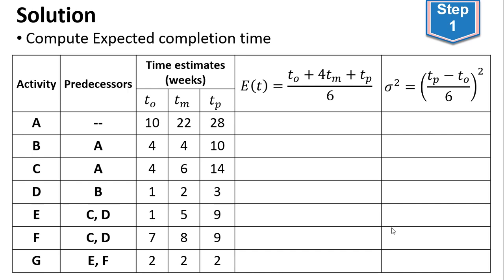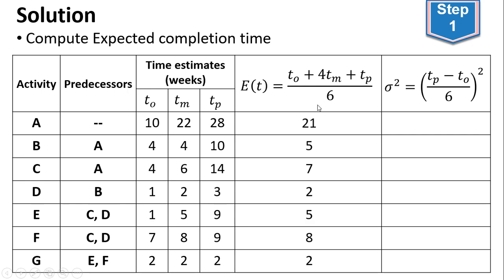After drawing the network diagram, we will need the variance column. So the variance column will be used after having the network diagram. So let's start. We are going to compute the expected time for completion of each activity. The expected time is the optimistic time plus 4 times the most likely time plus the pessimistic time, divided by 6. You take this information and feed it into your formula,